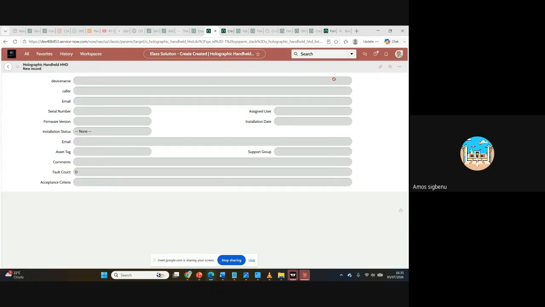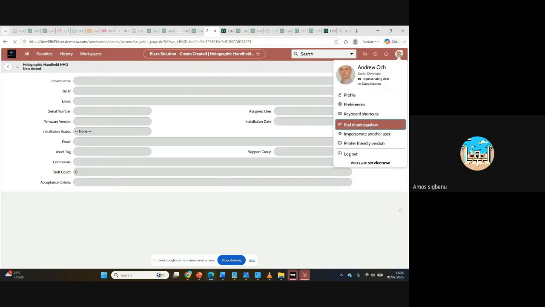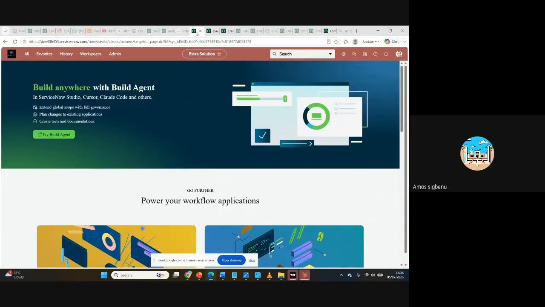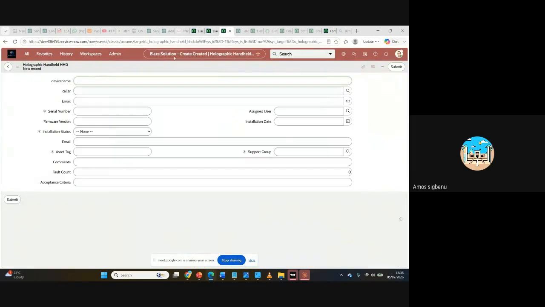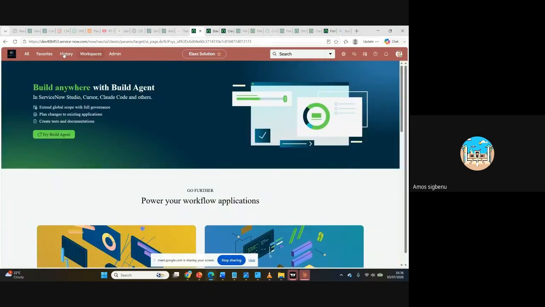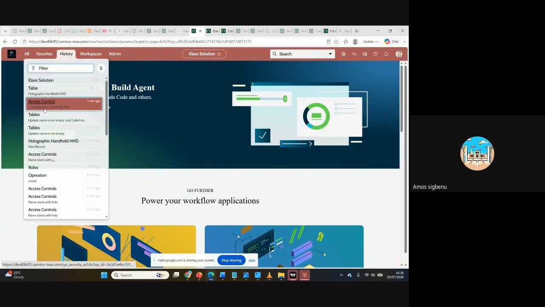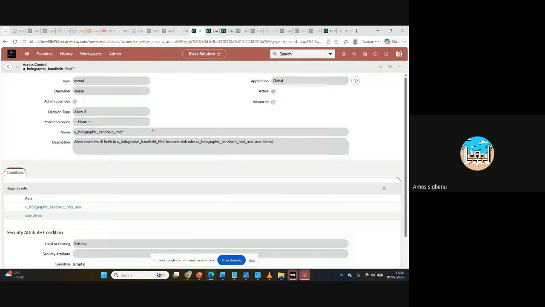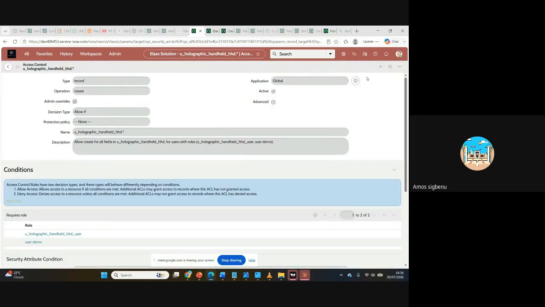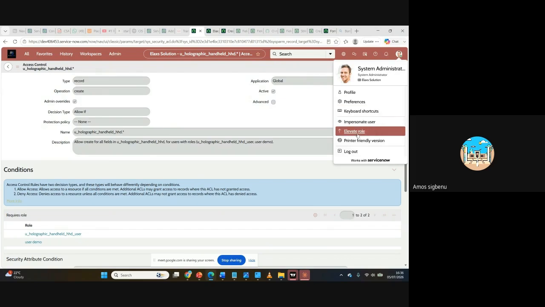All right, guys. So you see, when I use the asterisk, he does not have access to create anything on that table, right? You see how I've restricted him from creating, so he can only see the field as blank. There's nothing like submit here. But if I take this back, if I end impersonation and go back to the access control, and elevate my role back again,